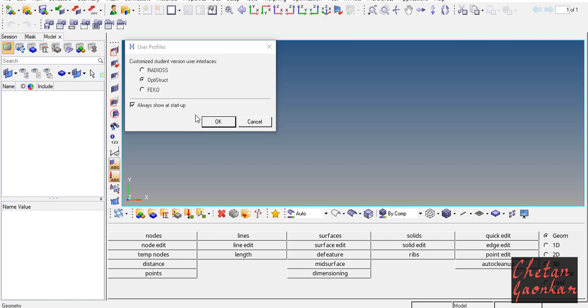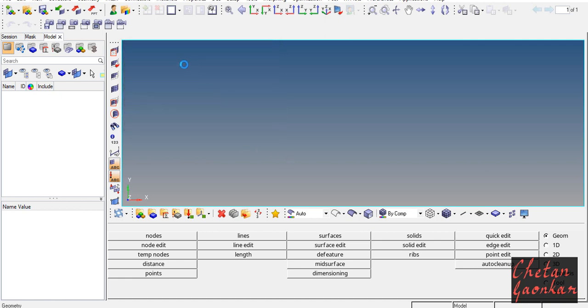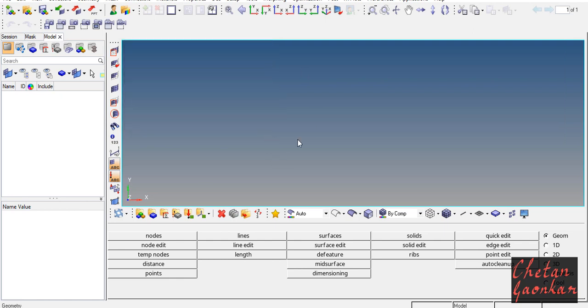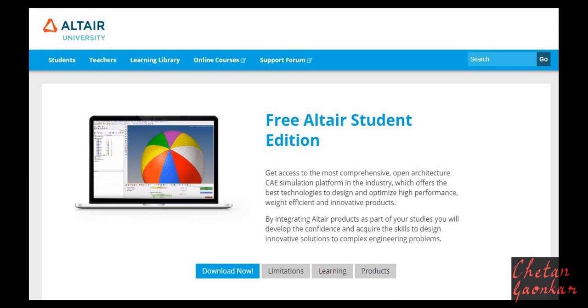You get 3 options for the solver: Radioss, OptiStruct, and a third one. We will select OptiStruct. If you want this user profile, again you can click on this icon and select the user profile. So that's it. This is the tutorial on how to download and install the new HyperWorks 2020 Student Edition. Thank you.